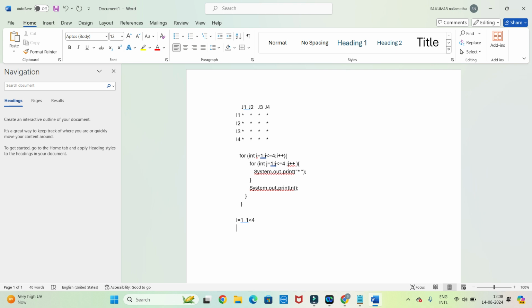It's going to check j equal to 1, so the condition is j less than or equal to 4. So 1 less than or equal to 4, this condition would be checked. If this condition is satisfied, then it's going to print the star value and a space. Next, the j value would be incremented. Then the next would be